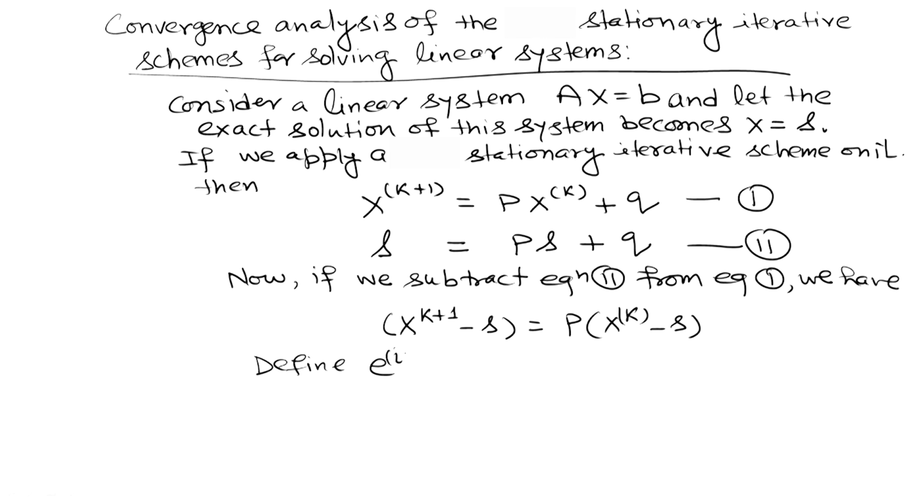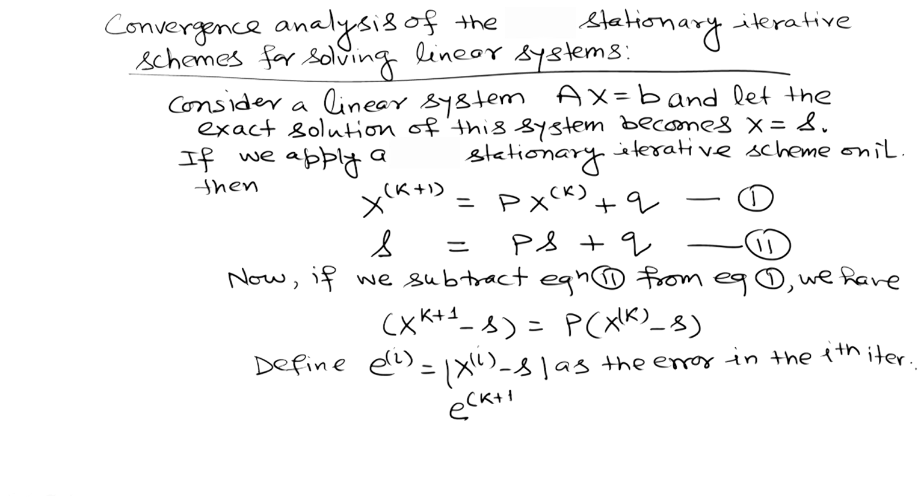Define e_i equals x_i minus s as the error in the ith iteration. Then what we are having? We can write this equation as e, that is the error in the k plus 1 iteration, equals p times the error in the kth iteration, or this I can write